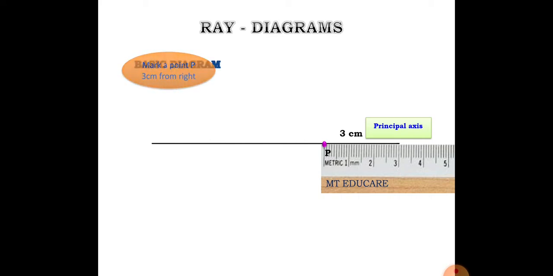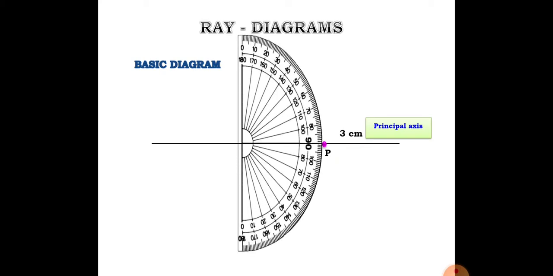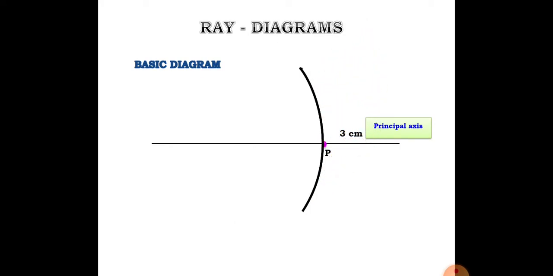Here you will name it as P, and we know what is P. P is pole. Then again we will take the same distance, and you will keep the protector in this way, and you will draw a line from the P, right? And here there is a surface, this is an opaque surface, as we have already discussed that this mirror is called the concave mirror. Okay,